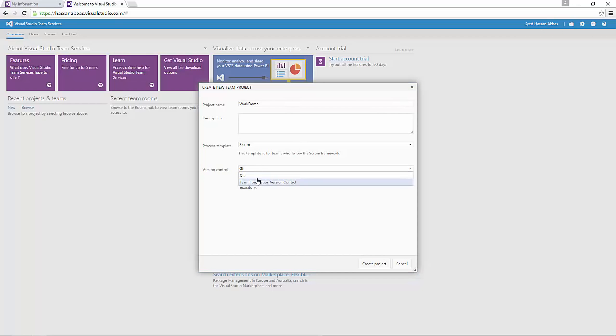So we need to select which version control option we need. So, to store the code for our applications, and we'll discuss the relationship between code and work management later, but to store the code, we need to specify what we're going to use. There are two models at the moment supported in TFS. Initially, it was only Team Foundation Version Control, which is a centralized version control system, and it is basically for